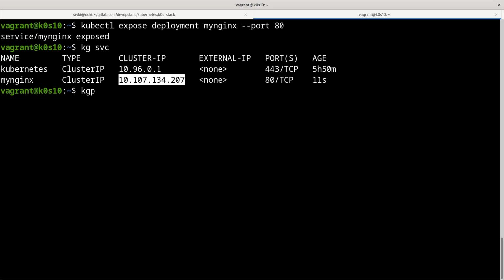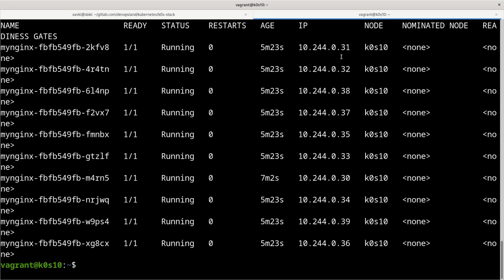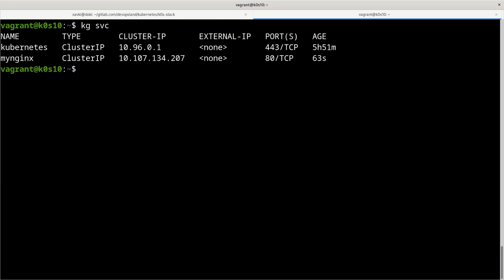If we check the subnetwork of the pod, for example, with -o wide, you can see here we have the 10.244 subnetwork, and if we check for the service, we have another subnetwork.